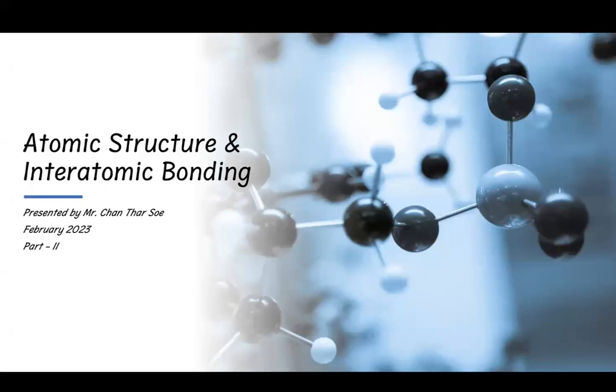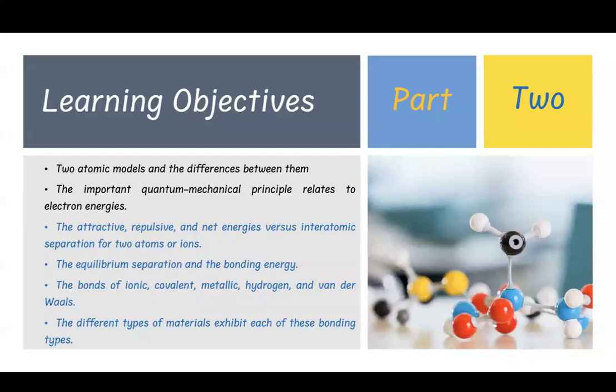Hello, everyone. This is part 2 of atomic structure and interatomic bonding. In part 1, we talked about the two atomic models, the Bohr atomic model and the quantum mechanical atomic model, and also the difference between them. And we highlighted the quantum mechanical principle that can explain the energy of the electrons orbiting around the nucleus. And in part 2 of this